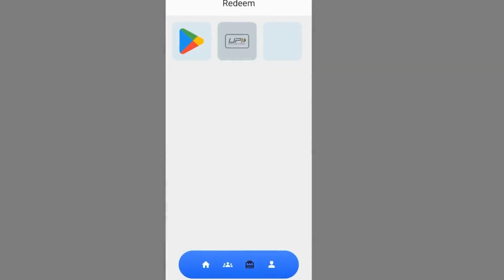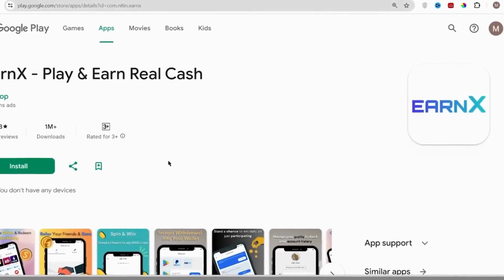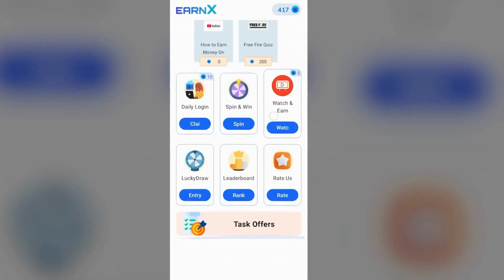My screen recording team is in India right now, so you are seeing all the methods and amounts in Indian currency. But don't worry, EarnX is available in all countries around the world, and they will provide you with the relevant money withdrawal options according to your